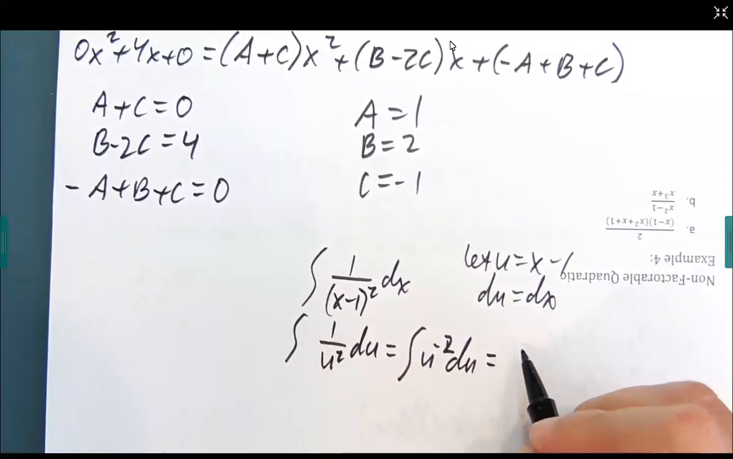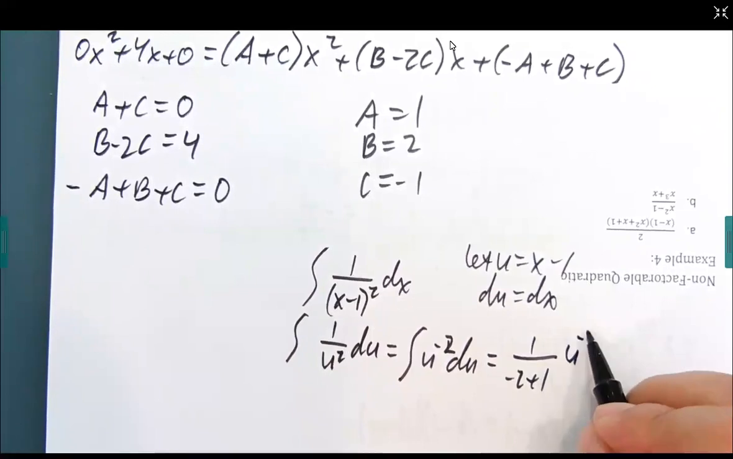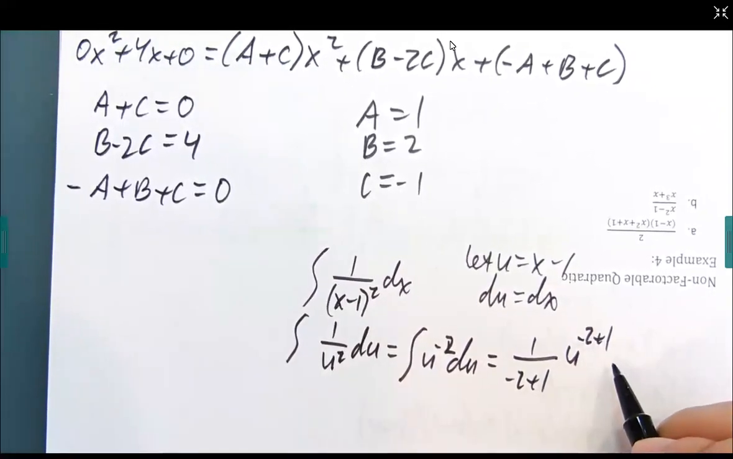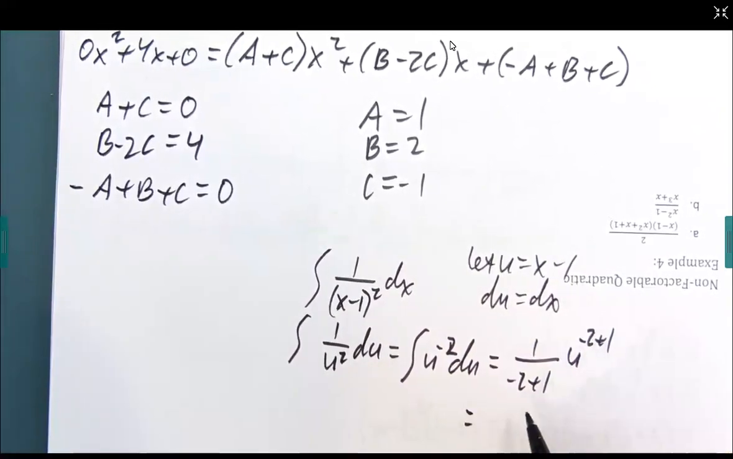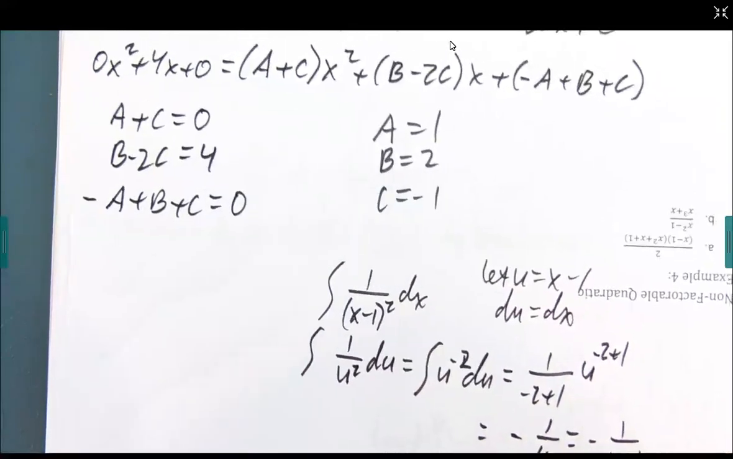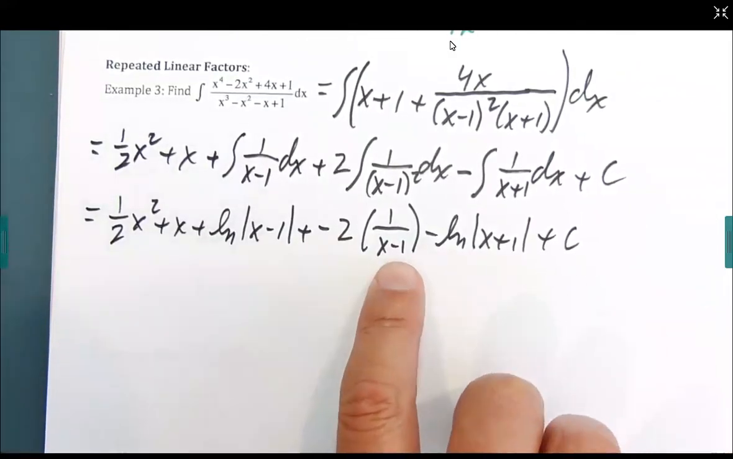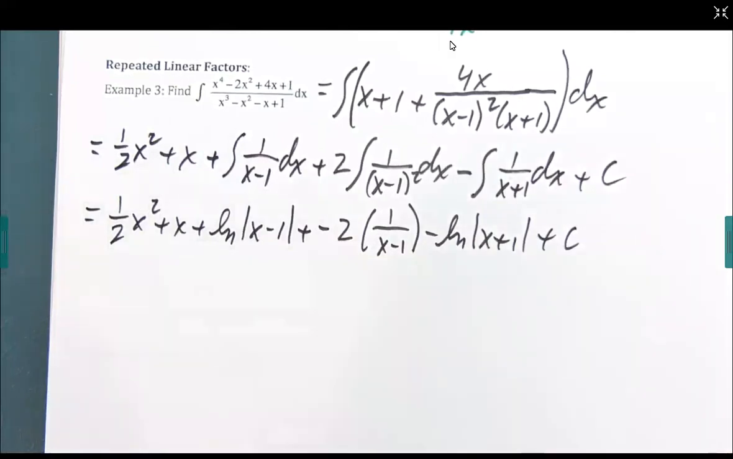And I did the 1 over negative 2 plus 1. This is the power rule, right? U to the negative 2 plus 1. And that becomes negative 1 over u, which is negative 1 over x minus 1. So that's where the negative came from, and the 1 over x minus 1 comes from. And so our final answer